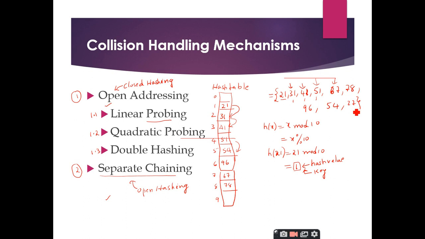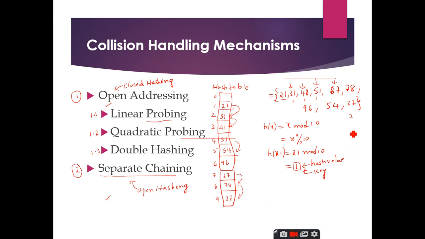Next, 27. The hash key that is generated will be 7. Go and search, location 7 is occupied. Again 8 is searched, again it is occupied, so go and search the next location. It is vacant, and hence you insert the element at this location.